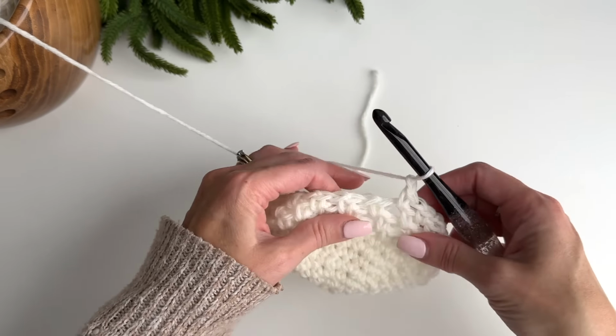So we'll put a slip knot on the hook. Okay, join that, chain 1, and then we'll work across single crochets in each space. So 1, 2, 3, 4, 5. So there's 10, and now we need an additional 10 on